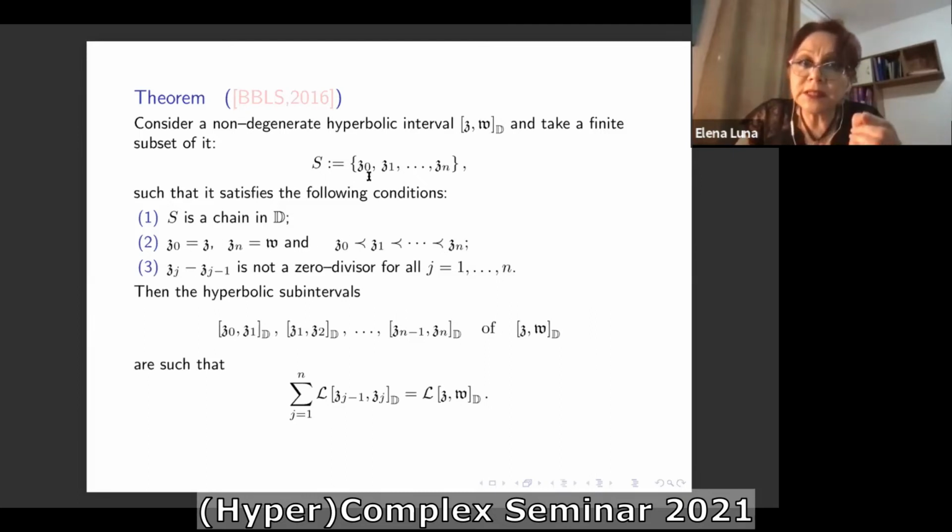The first element Z0 is equal to Z, and the last element is equal to W. The other condition is that the difference between two subsequent Z's is not a zero divisor. Then in this case, yes, it happens that